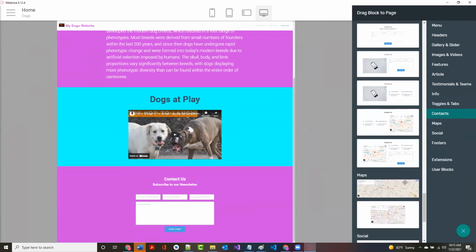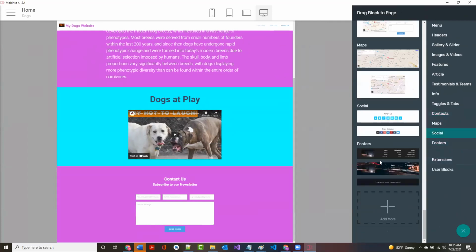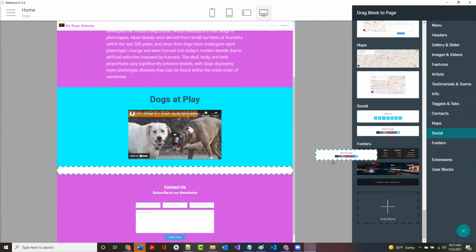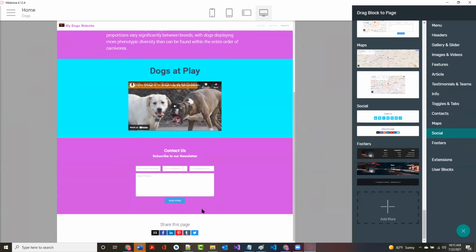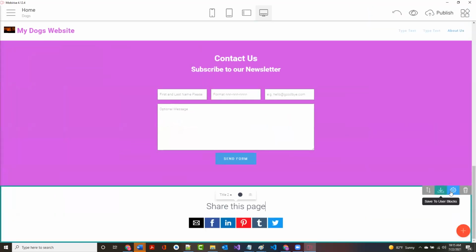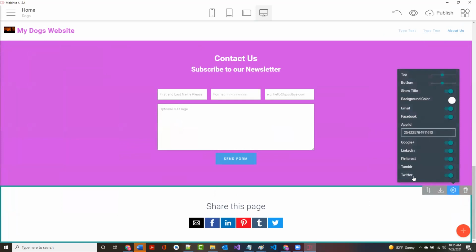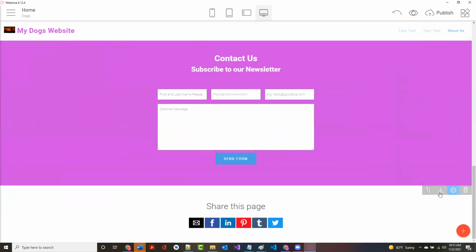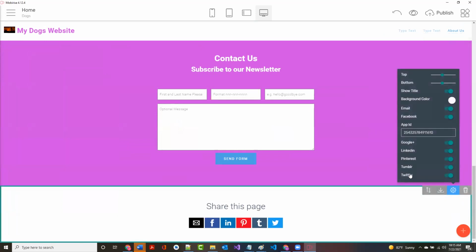So I'm going to come down to the bottom, and I'm going to find social. So I can come down here now, and I can add. So now there's social media. And again, so there it is. And I'm going to, again, change the color, and I'll make it that turquoise. Notice I don't have to have all these. So for instance, if I don't have a Tumblr account, just click there and it's gone. If I don't have a Google Plus, boom, it's gone. All right. So I can put in there whatever I want.